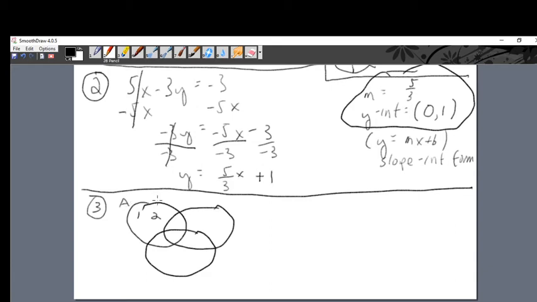Let me call this A, B, and C. 1 and 2 is a member over there. 6 is a member here, belongs here. 5 belongs here. 3 belongs here. 9 belongs here. 7 belongs here. 4 belongs here, and there's a little bit more, and that is there's a box surrounding it, the universal set. The universal set, a box around all of them,